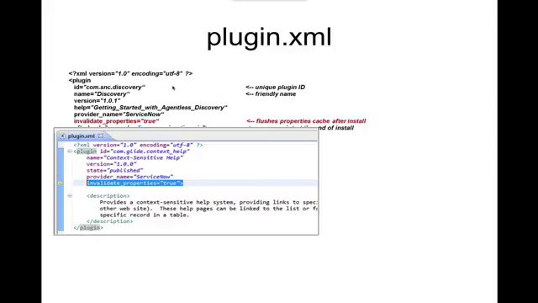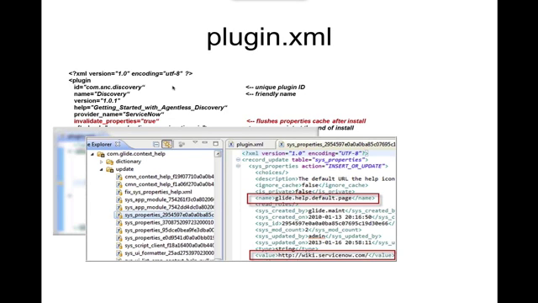Invalidate properties is an attribute that you can put in if you are, say, shipping another copy of a property that's giving that property a different value when your plugin gets activated. We're not necessarily going to flush the properties cache when every plugin gets installed. So if you find that you activate a plugin and you're not getting your new property value you expect, you're going to want to add the invalidate properties attribute here. This is just one example of that in the context help plugin. We want to provide a different value for the help default page. And so we set this invalidate properties to true, so the properties cache gets flushed when the plugin gets activated